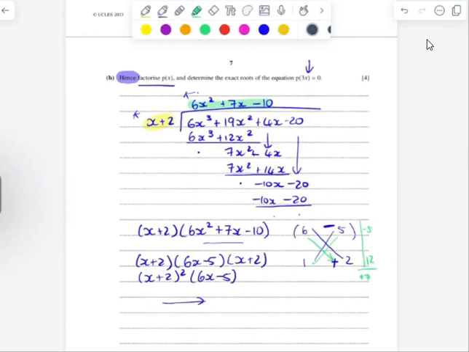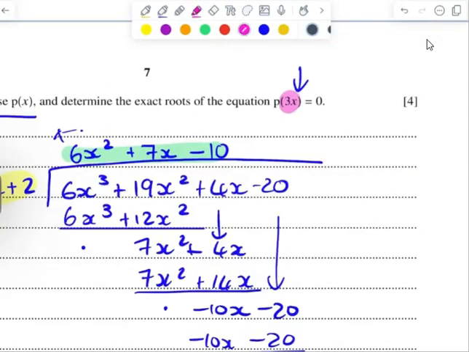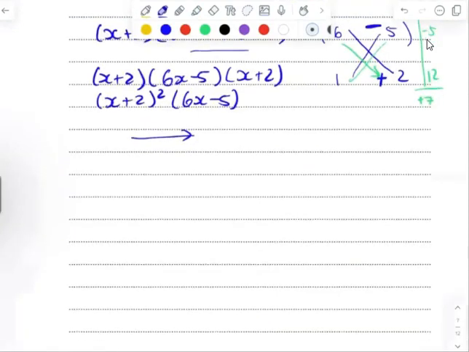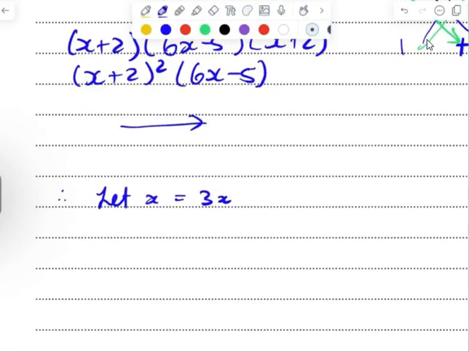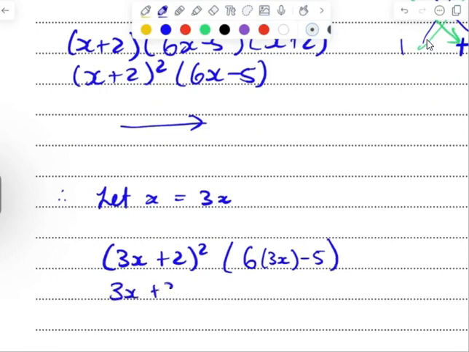And here what we're doing is instead of having just x, we've now got 3x. Okay, so everywhere there's an x, we're now going to have 3x. Okay, so let x equal 3x. So instead of plugging into my polynomial, I'm going to plug it directly into my factored polynomial. Okay, so if I rewrote that, it would be (3x plus 2) squared, and this becomes (18x